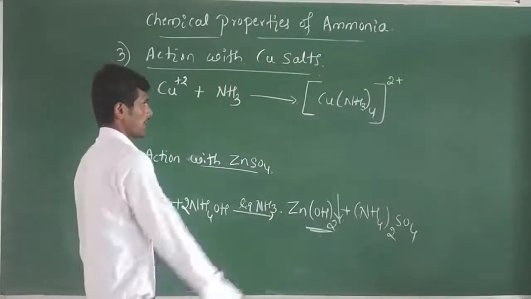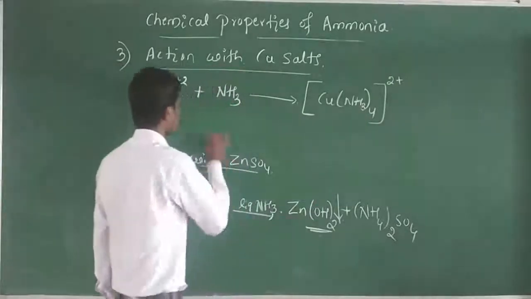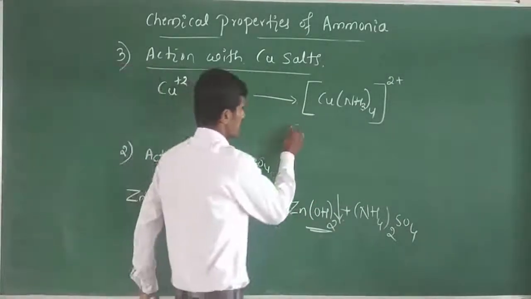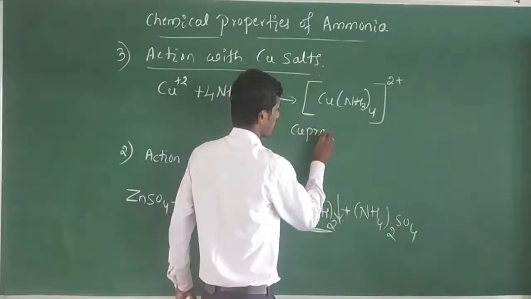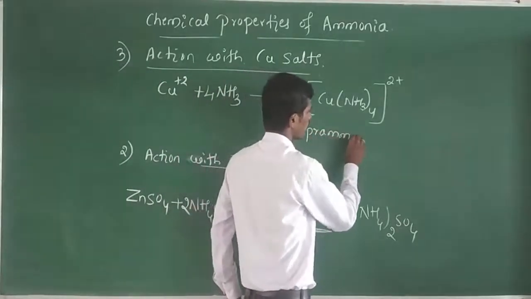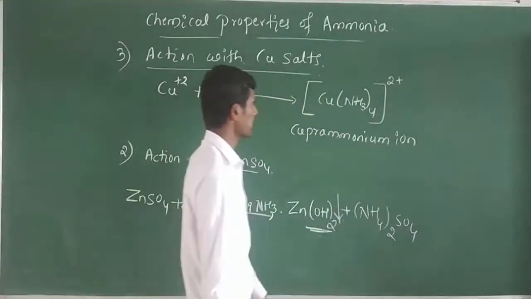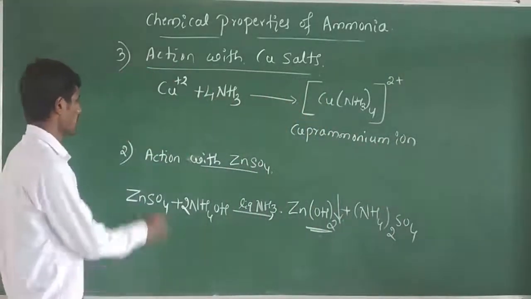Yes, here NH3 is 4, therefore make this 4. This is cuprammonium ion. Similarly, if you take an example of a salt,